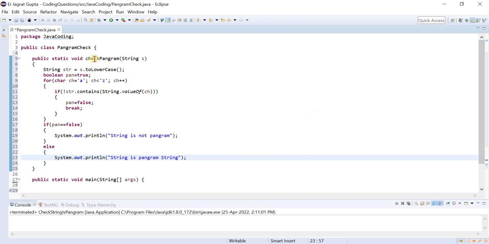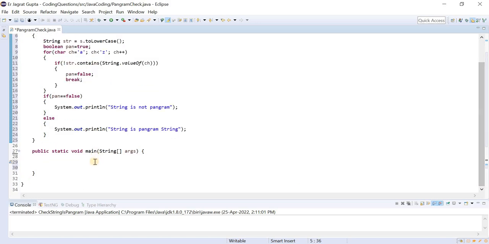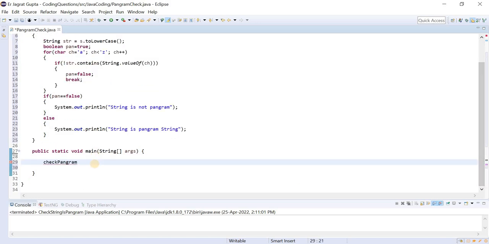Now we can copy this and check here. We need to pass a string, so let us suppose A, B, C, D, and we will write till Z. E, F, G, H, I, J, K, L, M, N, O, P, Q. You can see that I wrote each and every alphabet here.